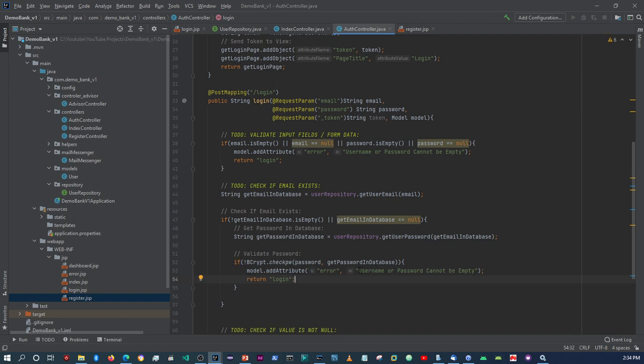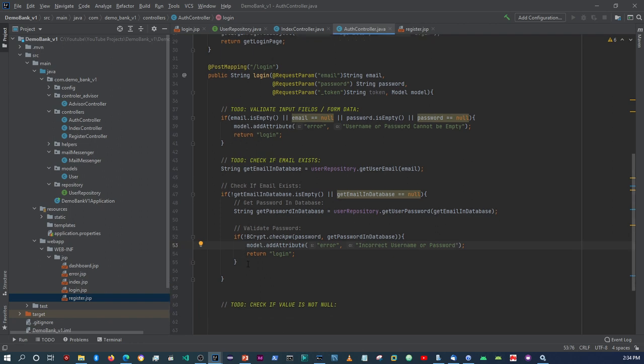So error will be incorrect username or password. All right, that's basically it. Otherwise, here, let me just comment this out, comment this correctly here. Okay,